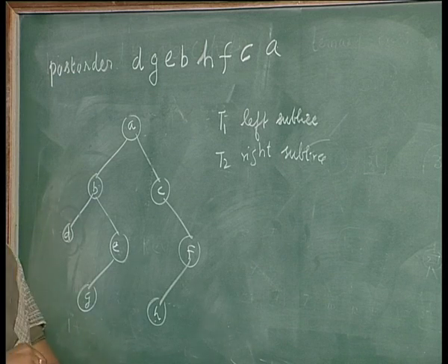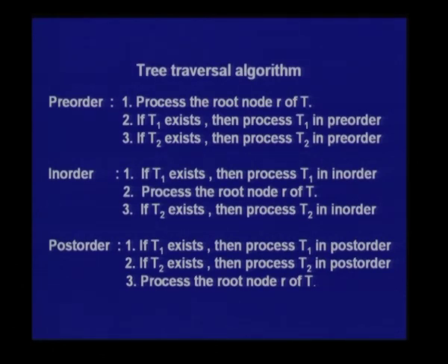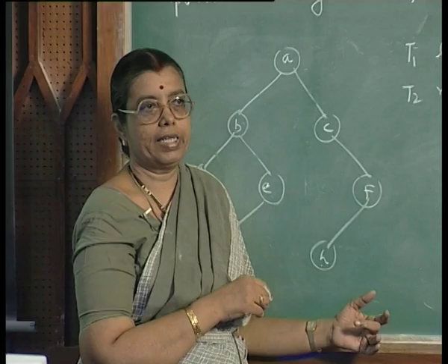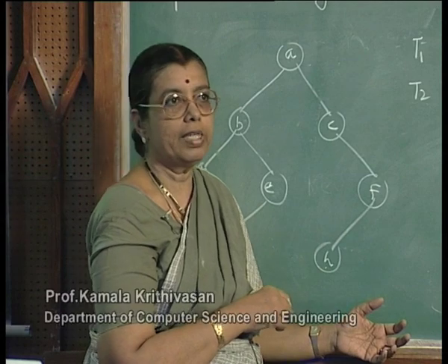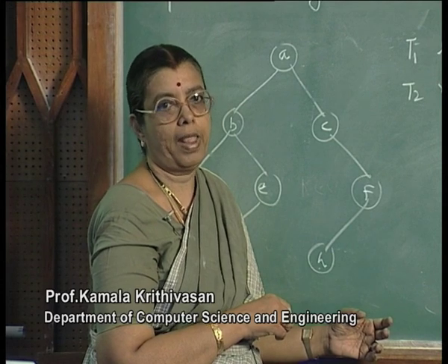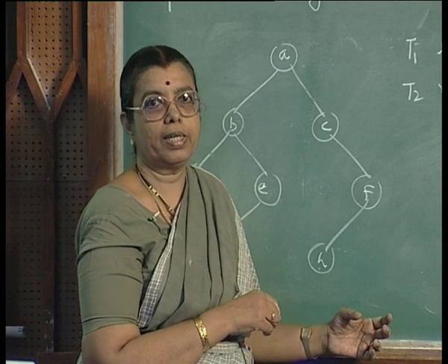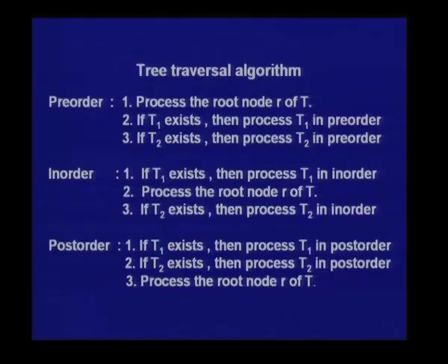So, for binary trees, you talk about these three methods of traversal: in-order, pre-order and post-order. Now, if you have the sequence of nodes visited in an in-order method and a pre-order method, from these sequences you can construct the tree. Similarly, if you have the sequences corresponding to in-order and post-order, you can construct the tree in a unique manner. But if you have the sequences corresponding to pre-order and post-order, you cannot construct the tree in a unique manner. For example, I have 4 nodes like this, say